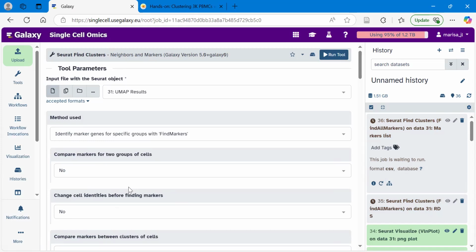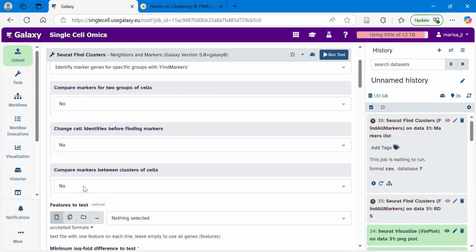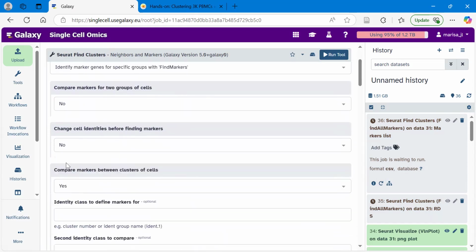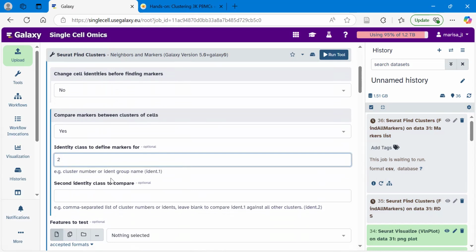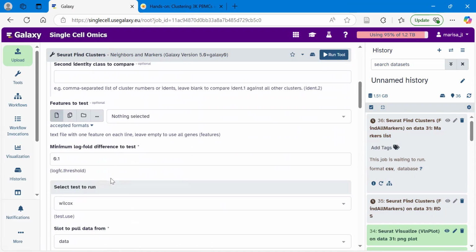So I'm going to choose compare markers between clusters of cells. I'm going to choose yes there. It's going to say which class do you want to define the markers for. So I'm going to look at cluster 2. In this case, what I'm going to ask this tool to do is to look for the markers that define cluster 2. So what genes were expressed more by cluster 2 or less by cluster 2 than in other